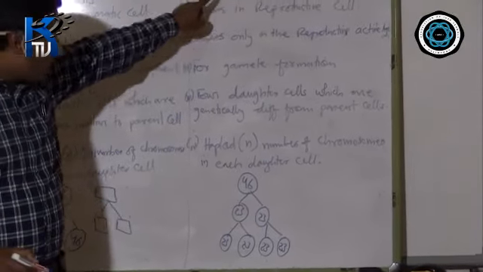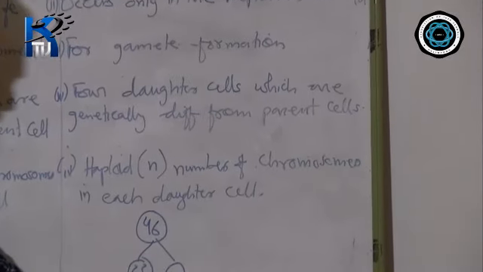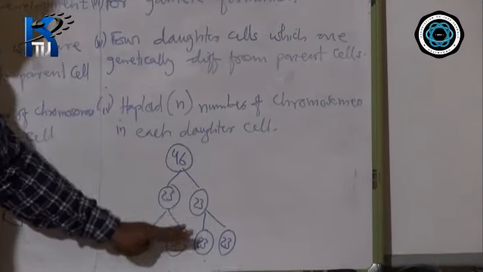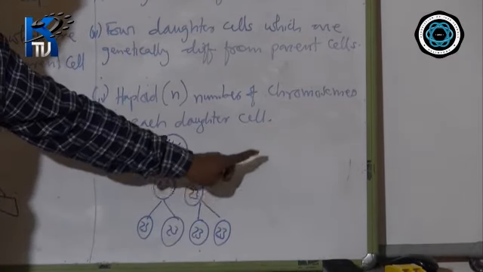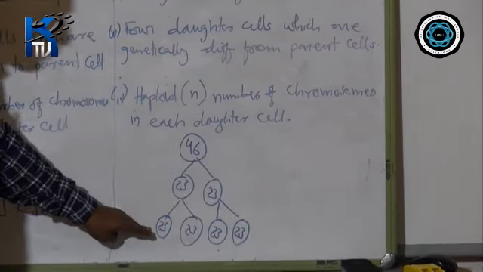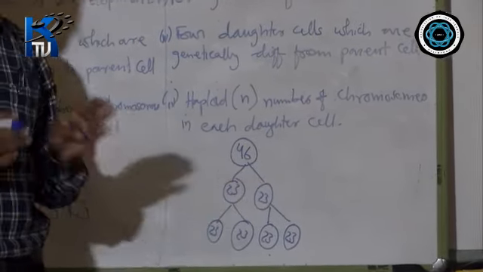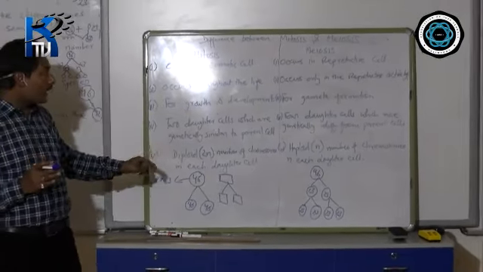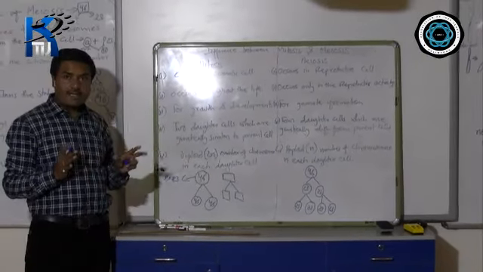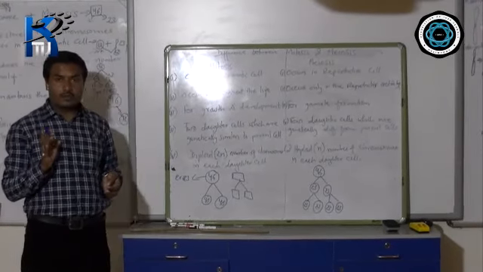Whereas in meiosis, there is a haploid number of chromosomes in each daughter cell. You see that all the cells have half the number of chromosomes. So if it is a sperm, all the sperm will have half the number of chromosomes. If it is an ova, then all the cells will have half the number of chromosomes. So these are the comparative points, 4 points I have given, which are important from the ICSE point of view. If you write these comparative points, you are going to score good marks.